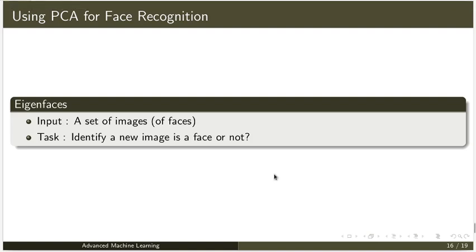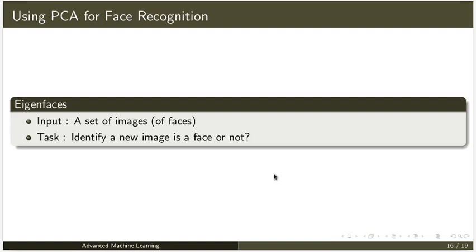Next, we are going to talk about how PCA can be used for face recognition. Our input is a set of images of faces, and the task is to identify whether a new image is a face or not. The idea behind this paper is that you are given a set of images, and on those images you apply PCA and find the top L eigenvectors.